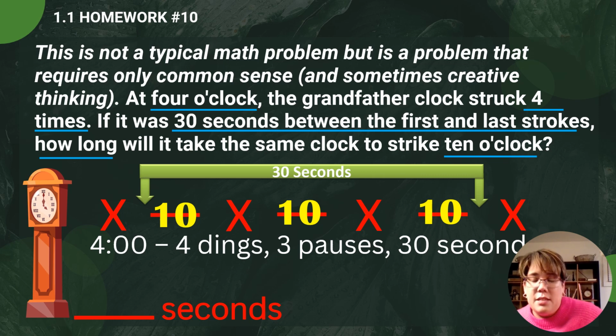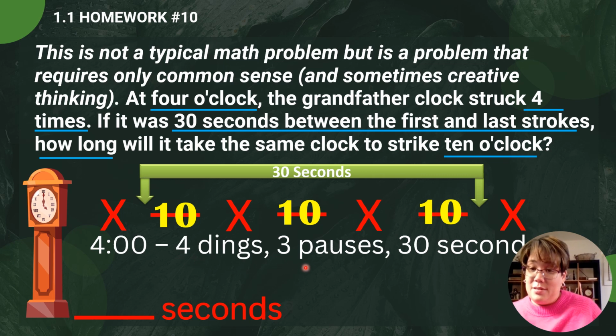So now let's think about what's going to happen at 10 o'clock. So at 10 o'clock, we're going to have 10 dings. Now, I won't ding for you 10 times. You're welcome. But if you think about it, you're going to have 10 dings. How many pauses are you going to have? So if you had 4 dings and 3 pauses, you're going to have 10 dings and